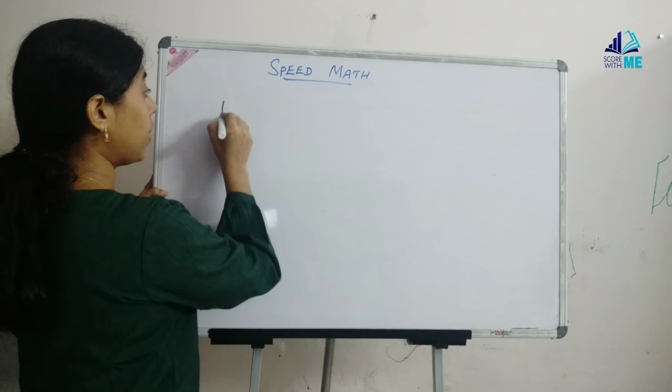As we already saw, since there is 5 in the units place, its square is definitely going to end in 25. So the number preceding 25 follows the same pattern as we saw earlier: 12 multiplied by the number succeeding 12. So 12 into 13 will be the number preceding 25. 12 into 13 is going to be 156. So 156 comes here. So not only for two-digit, even for three-digit numbers the same pattern gets followed and we get the number ending in 25.